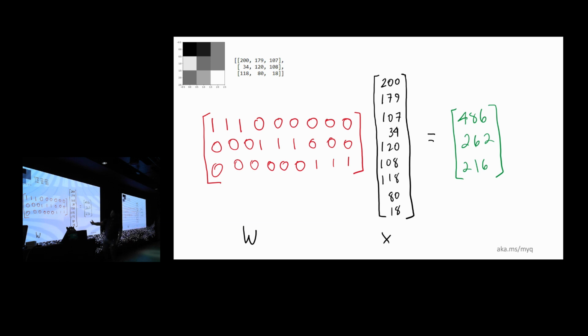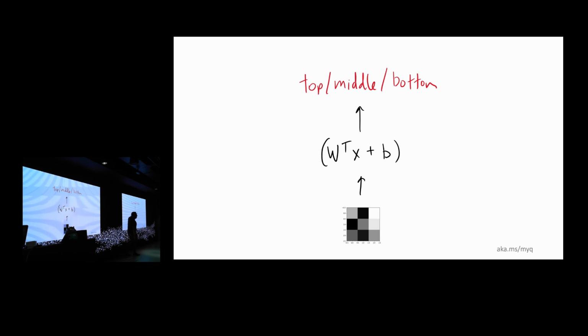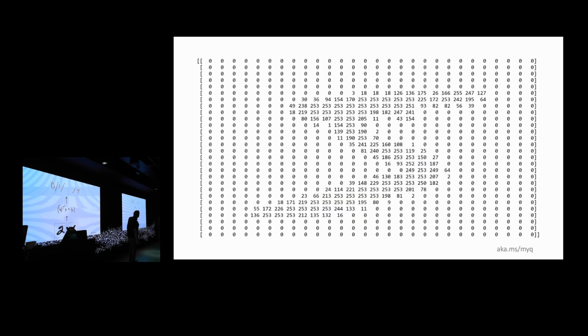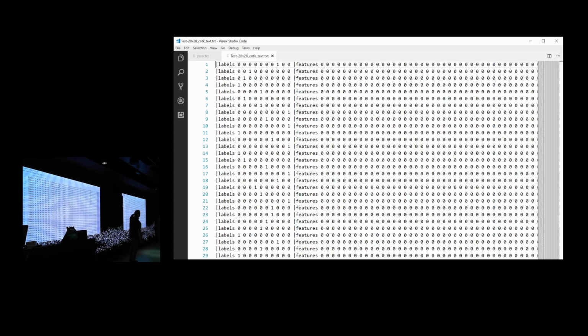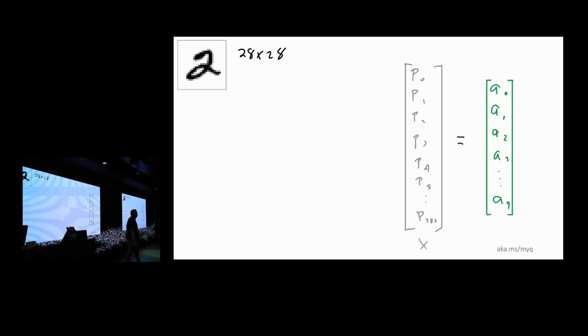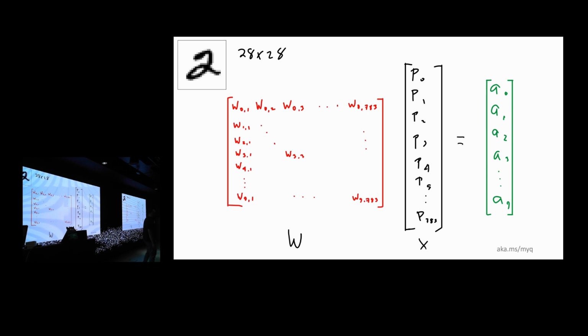This thing that you figured out, this W, and I omitted a B, by the way, you would have a B with 3 numbers in it too. The bias, I just left it out. This thing is the basic unit of all neural networks. Did you know that? This is now a new machine learning thing. The thing comes in and guesses top, middle, bottom. With that number thing, you do the same thing. These are what the features look like. This is what the output looks like. And now it's something a little bit bigger like this. Doing this model and optimizing it in the standard way will get you almost 92% accuracy. And this is stupid.